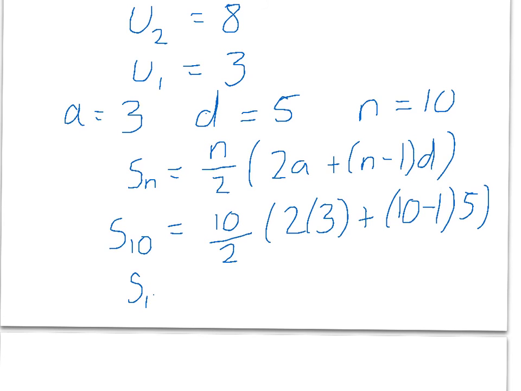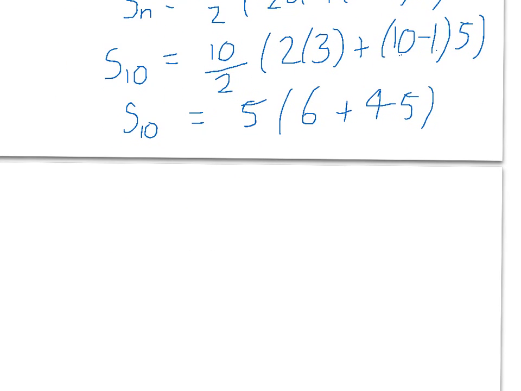So if we tidy this up, we get 5 times (6 plus, well that's 10 take away 1 is 9, times 5 is 45). So 45 add 6 is 51. So the sum of the first 10 terms is